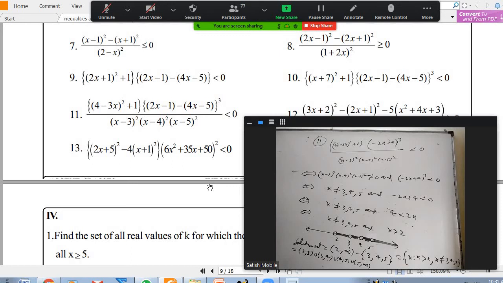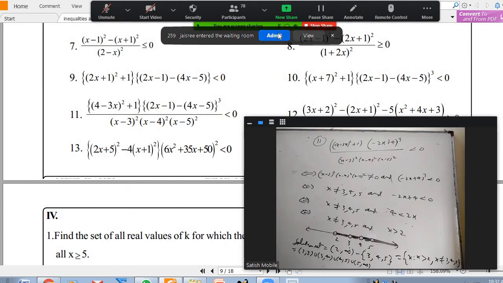Giridhar, are you able to follow all these things clearly? You completed yesterday's homework, Giridhar? Sir, still I'm doing. No, yesterday's homework still. Some questions you tried. All right, it's okay.